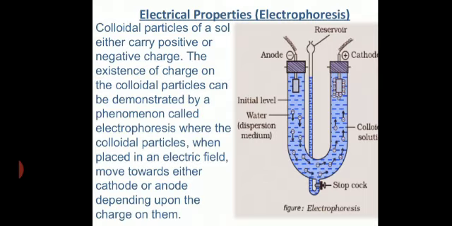Electrophoresis is a process in which the colloidal particles move under the influence of an electric field. That is called electrophoresis. You can see it here. We have taken a colloidal solution and passed an electric current through it. So when the colloidal particles move under the influence of the electric field, that is known as electrophoresis, because the colloidal particles contain particles that are oppositely charged. Got it? Hence when you pass electric current through it, the colloidal particles move under the influence of the electric field. It is called electrophoresis.